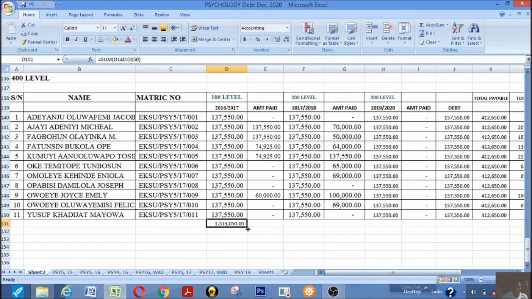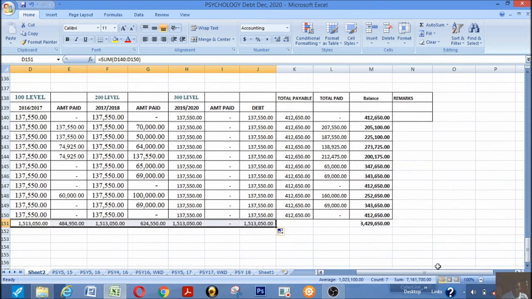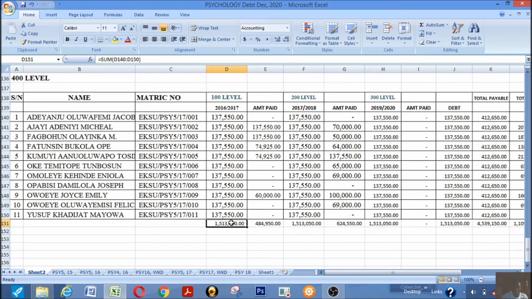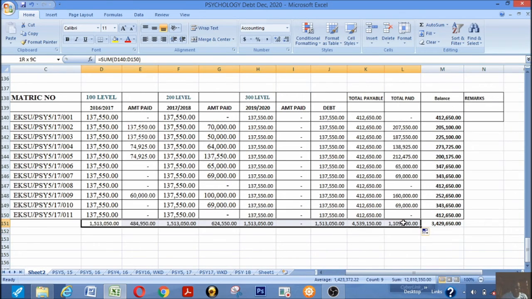You want to add this too, you select it, click auto sum. To do the rest, you just drag it to auto sum automatically. Just drag, or you do control copy. You select this, you do control copy, and you select all the cells, you paste. You do the same thing. To bold it, you bold.